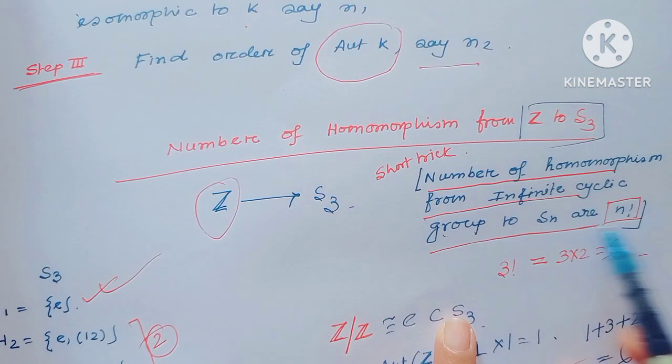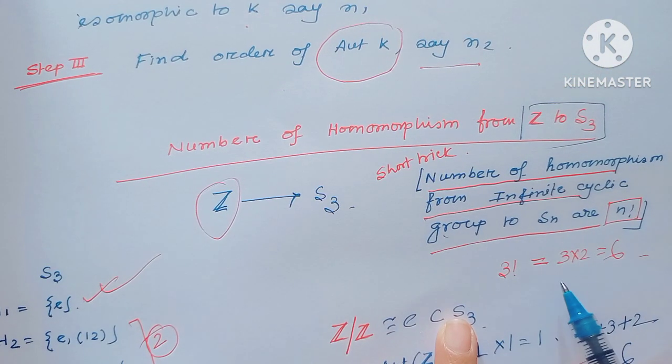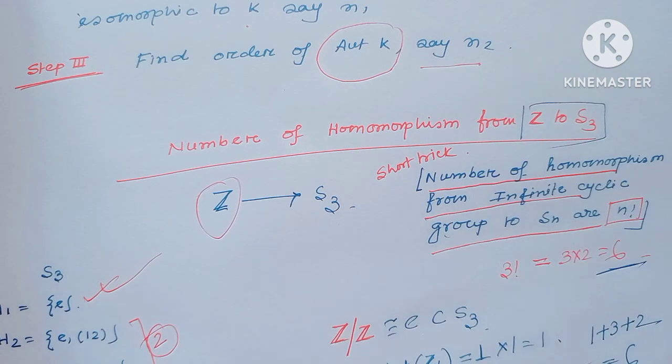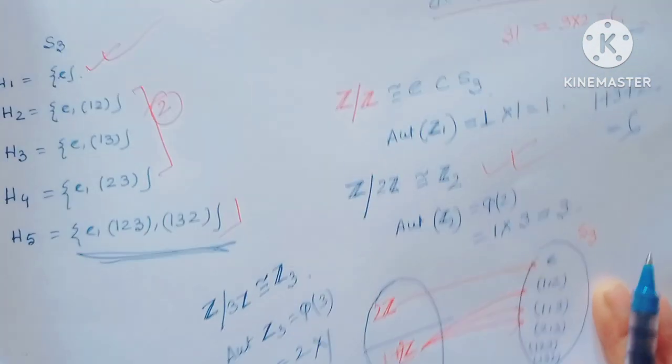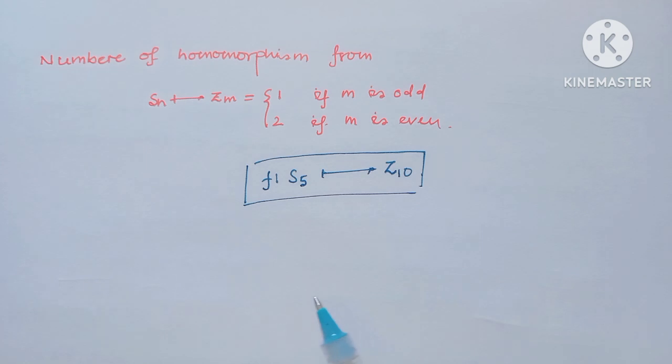And the shortcut trick is n factorial, which for 3 factorial means 6. I hope all my viewers have understood this clearly. Okay, well. Now I will see